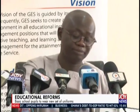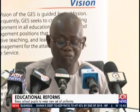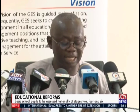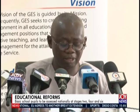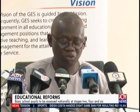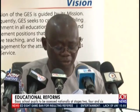Ladies and gentlemen of the media, the improvement of learning outcomes is contingent on a number of factors, including access, quality, teaching and learning materials and infrastructure, and teacher reforms, among others. This point highlights the importance of whole school reform. You can't just touch one of them and leave the others. As part of the several reforms that are going on in education,